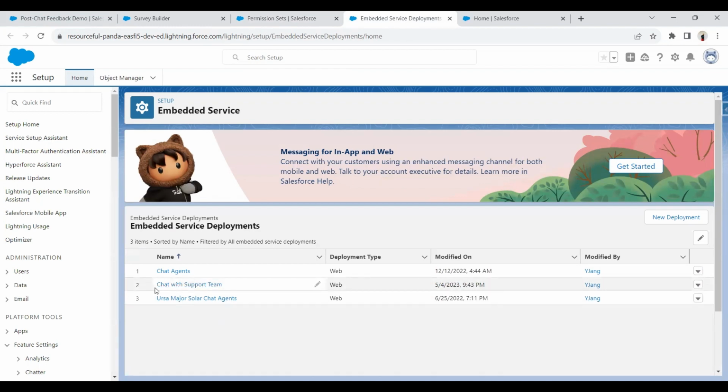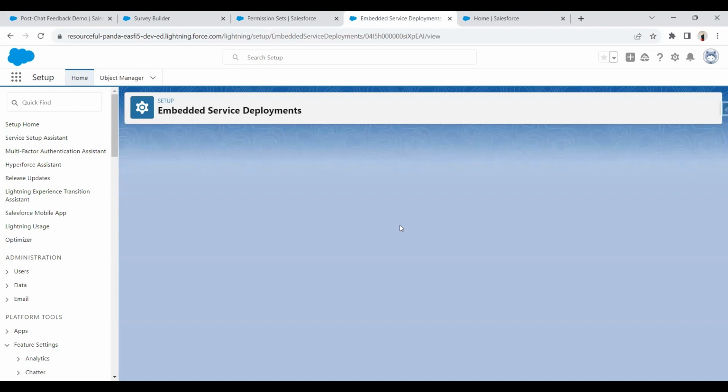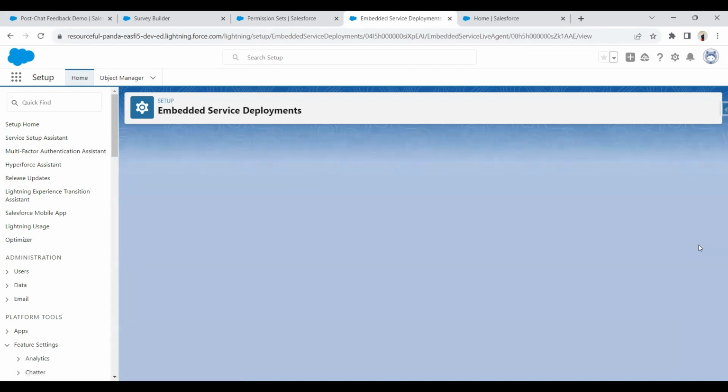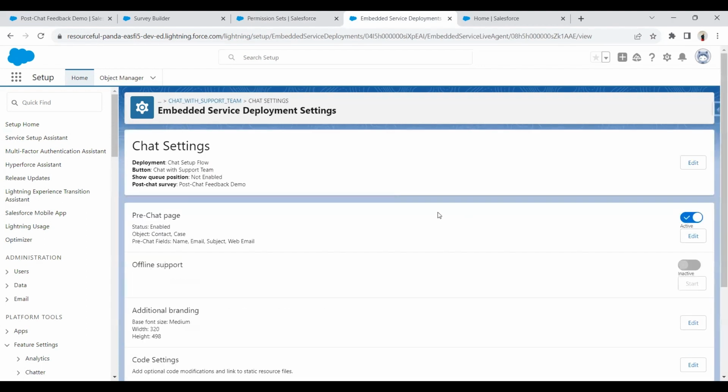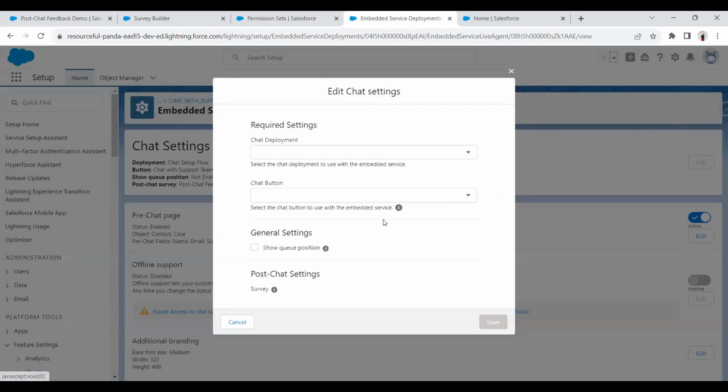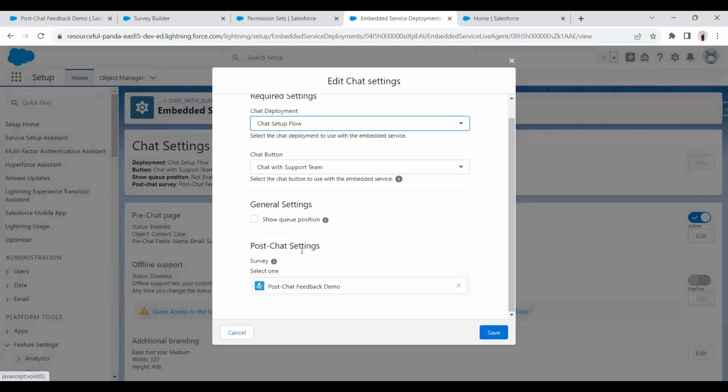So for example, I'm using this chat with support team. And if I click to view this, as soon as I'm at the view section of this embedded service deployment, which is helpful to host our answering chatbot, and I click edit on this, you see we have the option of post-chat survey. Just click on the edit next to the chat setting, and this should present you a page in the header which is chat setting. And if you click on edit again here and go down, you will see the post chat settings there,